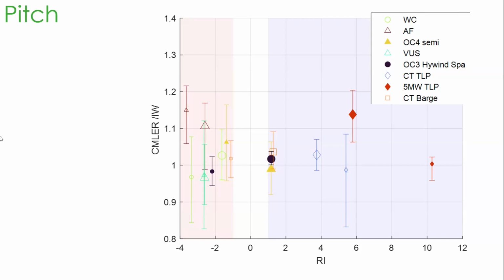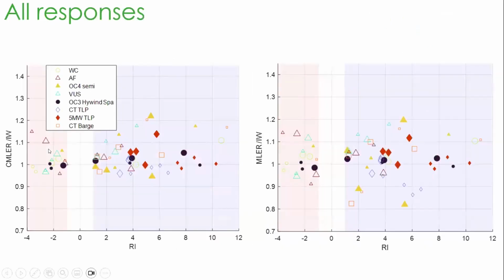So we would also like to see all the responses grouped. So here we have similar plots, but this time all the responses are plotted. So for each device, if we say this diamond here, we've got 4 of them there, because that is for the mooring load, the pitch response, the nacelle acceleration, and the tower-base bending. But they're not distinguishable on this plot. We've just got it as a scatter so that we can see the range of